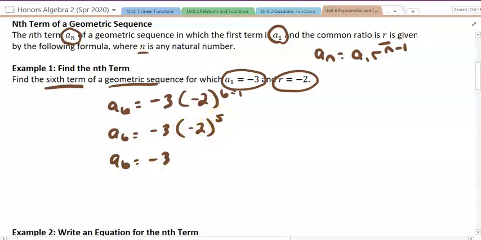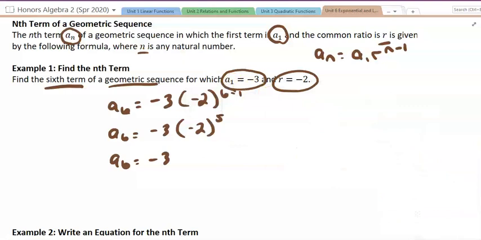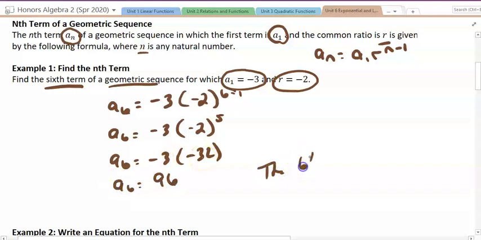And so a sub 6 is equal to negative 3 and negative 2 to the 5th. So it's negative 2 times negative 2 times negative 2 times negative 2 times negative 2. And we will see that this is negative 32. We're going to multiply that by negative 3. And so negative 3 times negative 32 is a positive 96. And so the sixth term of the sequence